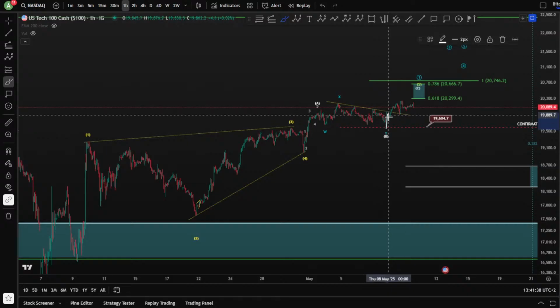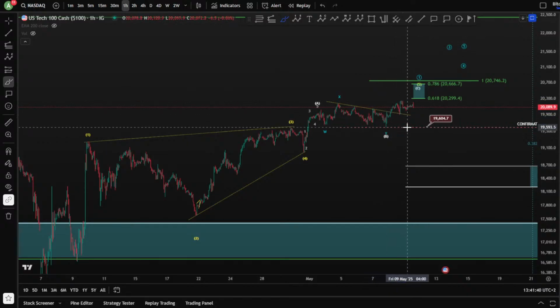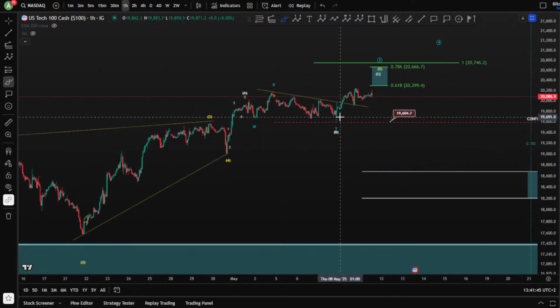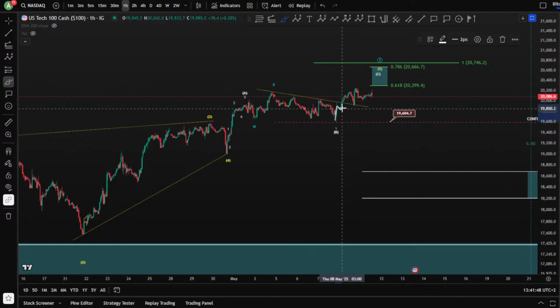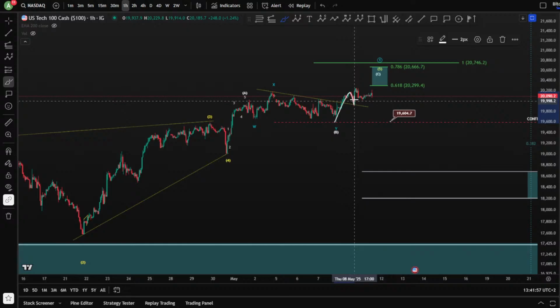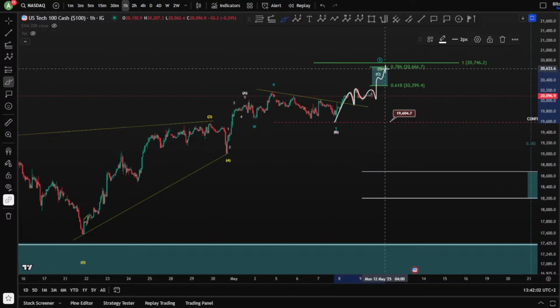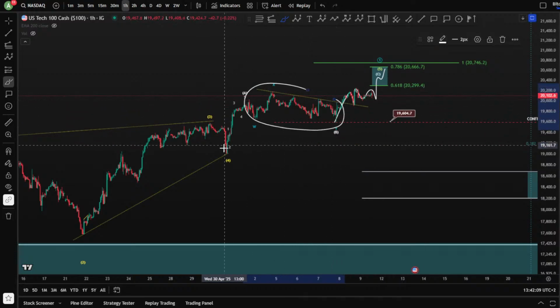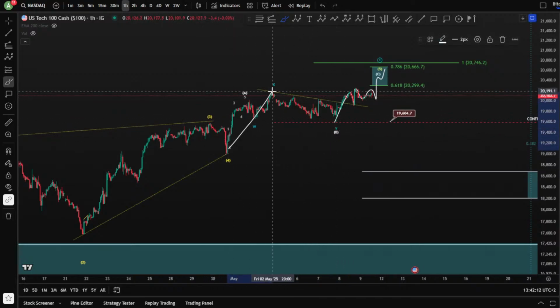That's very normal. But I can see here something impulsive, which can be something interesting where you see, here we go, 1, 2, 3, 4, and a 5. So this is your wave 1 or A because it is impulsive, and you potentially got a wave 2, and now another 1, and then wave 2 again, potentially 3, 4, and a 5. And what does it mean here? Now it doesn't matter anymore what's going on here. This is your wave A.